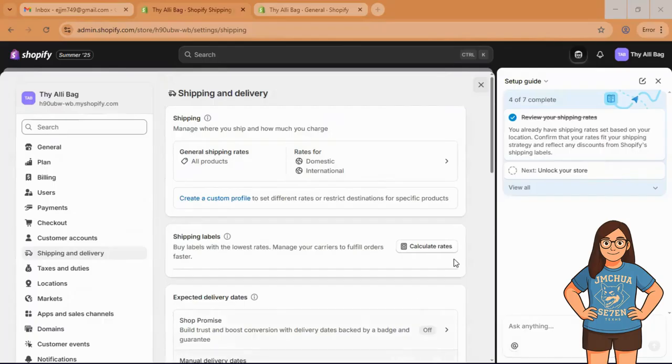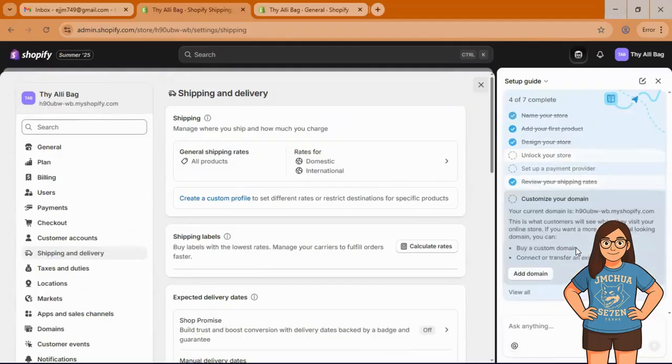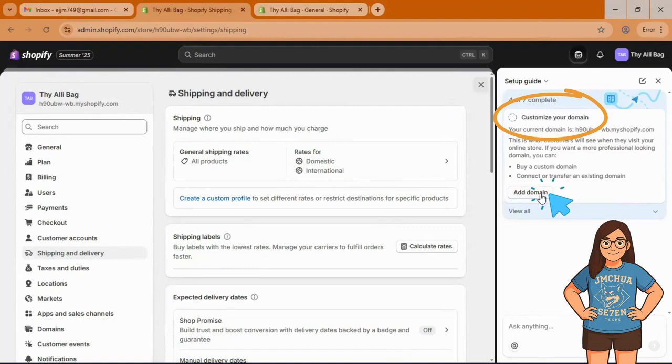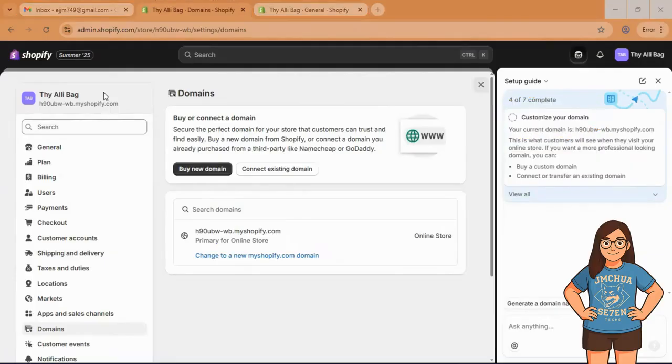So for the next step, let us click it here so we can choose or customize our domain. Let's hit this add domain button here. Okay, so now we landed on this part of Shopify. The domain refers to the web address where your online store is hosted. It's the URL that your customers type into their browser to find and visit your shop. So think of it as your store's digital physical address.